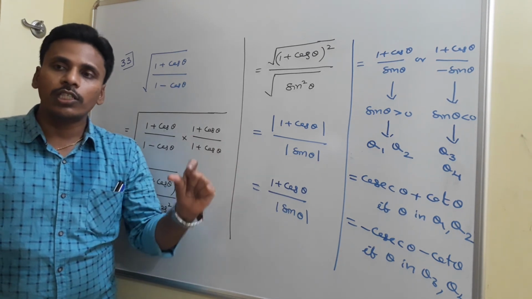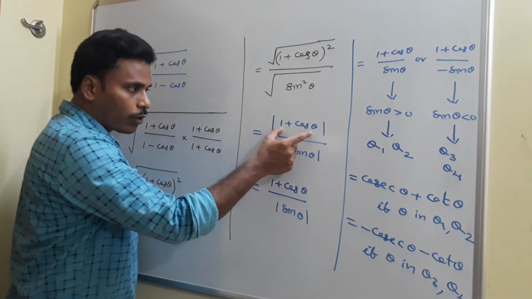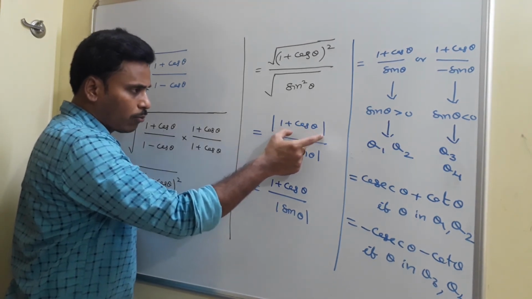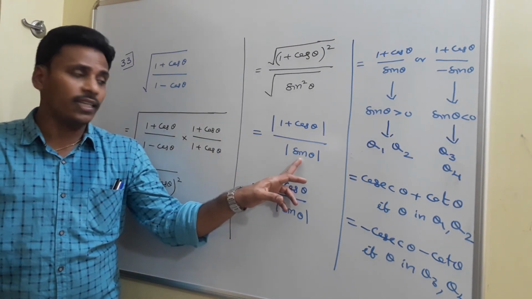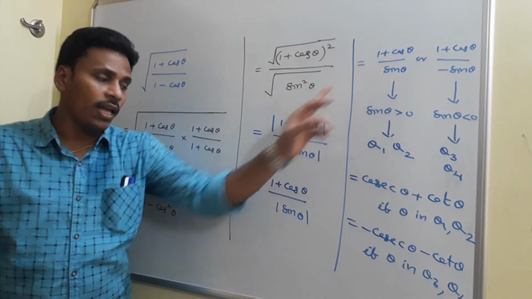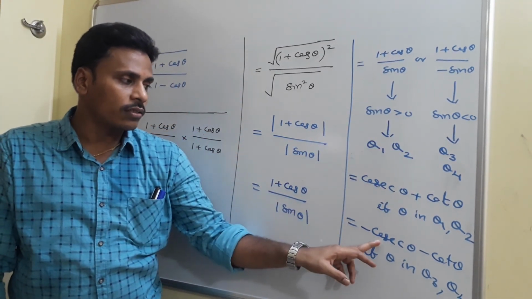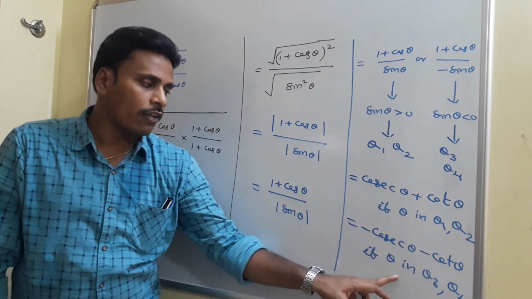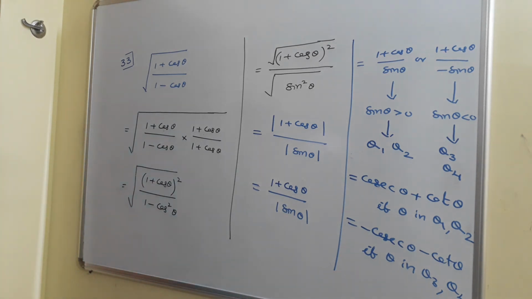See, to remove that modulus, you need to think about the expression which is in the modulus. Here the expression in the modulus, 1 plus cos theta, is positive. So directly remove that modulus and write it as 1 plus cos theta. Here the expression in the modulus, sin theta, may be positive, may be negative. If it is positive, write it as sin theta. If it is negative, write it as minus sin theta. And on simplification, we have two answers: if theta is in the first and second quadrants, or if theta is in the third and fourth quadrants. Have a look at this, one of the important problems that you will face in each and every material and each and every book. Have a look, and if you have any doubts